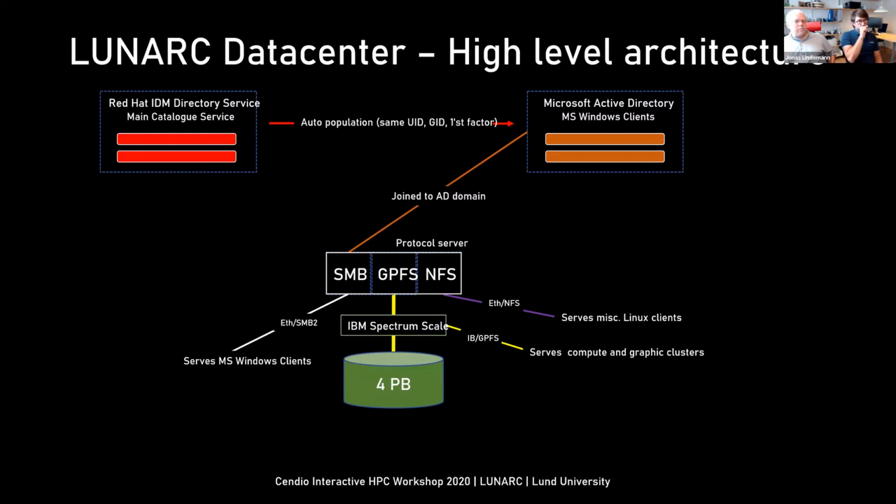The data is served from the parallel file system, the GPFS file system, and we have a protocol server attached. The protocol server talks natively with the GPFS to the Spectrum Scale file system, and we have one SMB server and one NFS server running on the same box. And the SMB server is joined to the AD domain. This solution manages to serve Windows boxes with the data using the SMB2 protocol, and the cluster side of things uses GPFS, the Linux side of things, and also NFS for some other not that performing Linux clients.